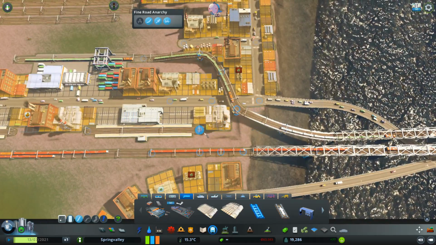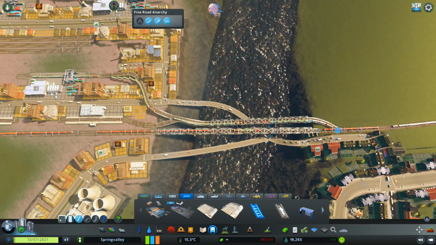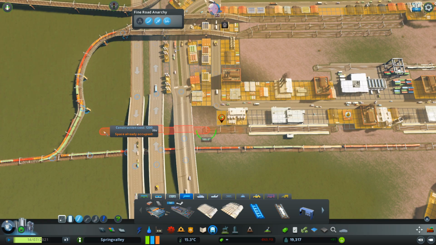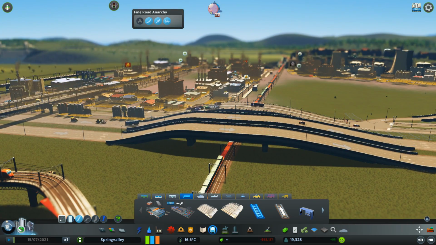I like it. So what we could do is create the connection there, so it kind of joins it further back. And then we do something similar with this. If I can get it to... I mean, it's hitting pretty much...